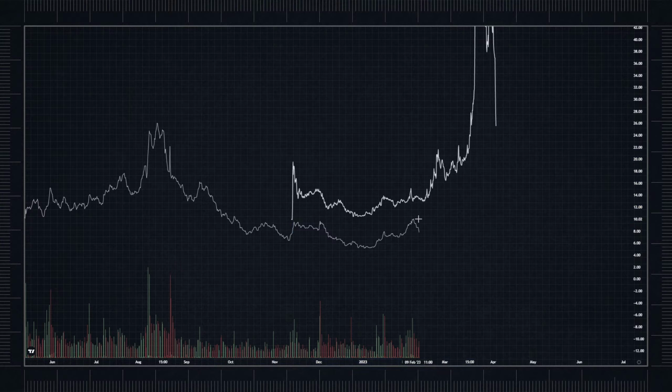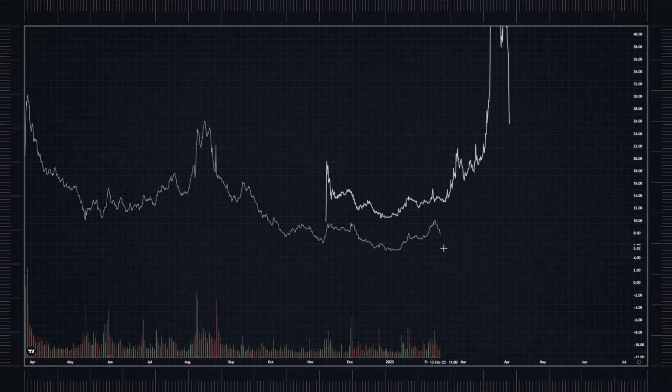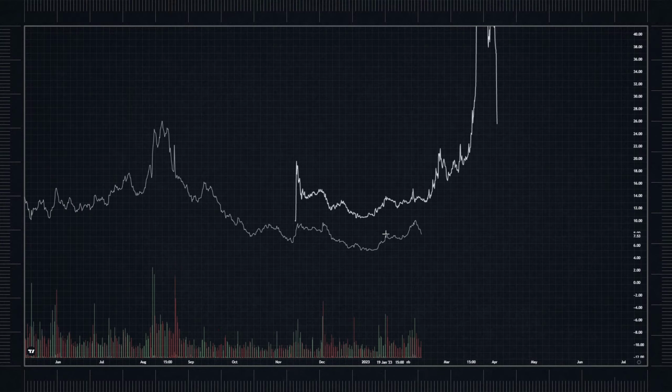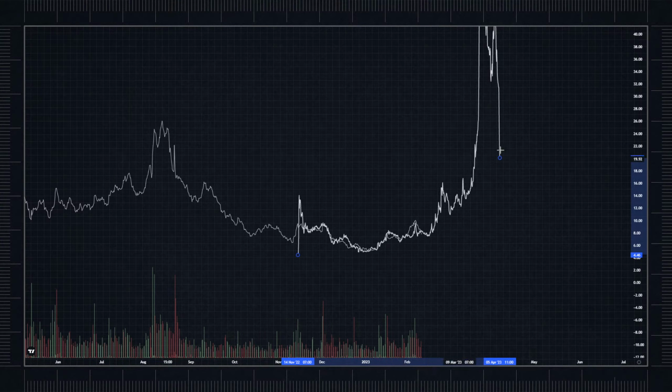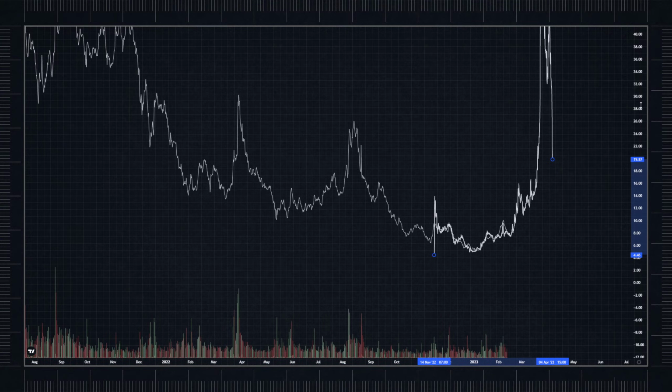Here you can see that these levels are why I like this part where we're at, because this is a projector and it comes back down to test support. So this could be a fake out. It could be a fake out and we start climbing back up with the market in the next couple of days, right? It's not invalid yet, and this also goes with the POI. Remember, POIs here can be extended about a week if things do play out a little bit later in the POI.